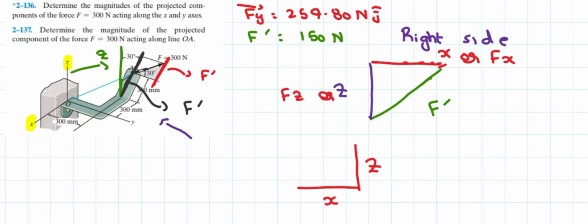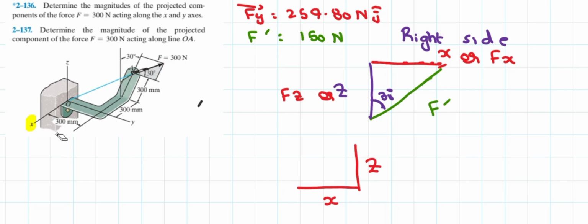Now this is another triangle here, and according to this triangle, this angle is basically 30 degree. Let me erase some extra thing from here. This angle is about 30 degree, and the angle between any two axes is nothing but 90 degree. So this is basically the 90 degree. Now again, apply the sine theta and cos theta function here to find out the value of fz and fx here.